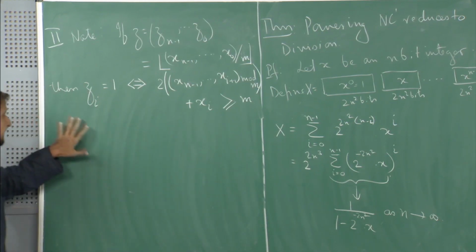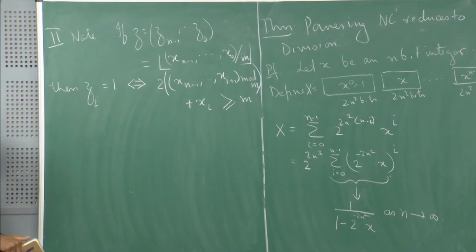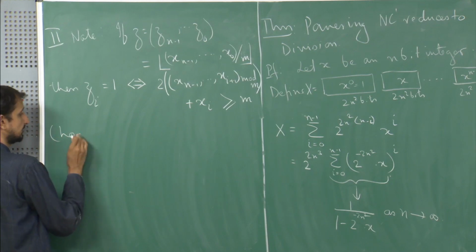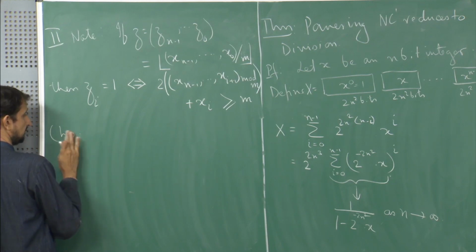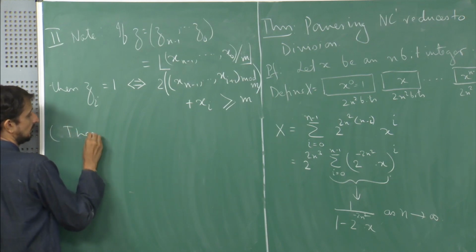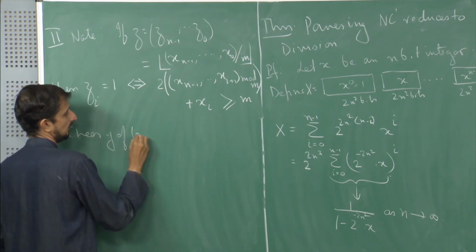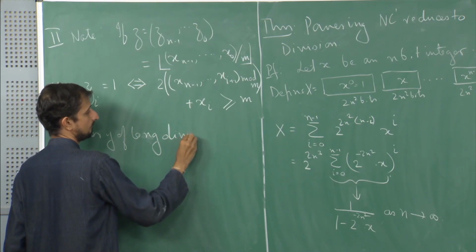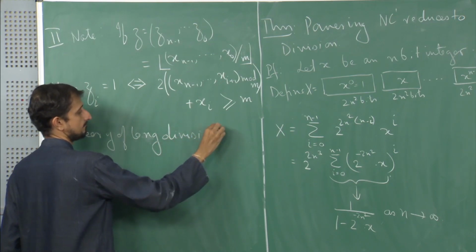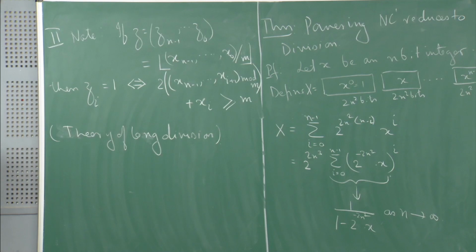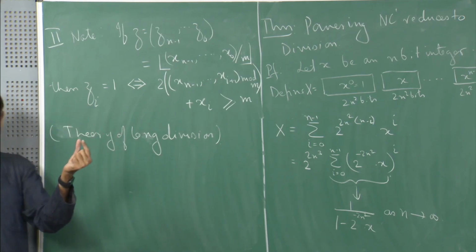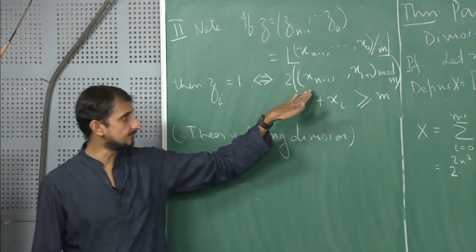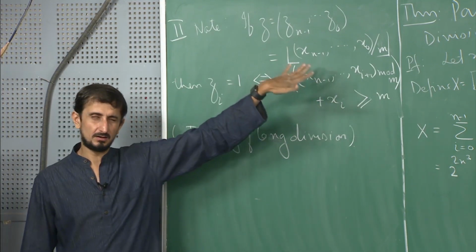So what are we saying over here? This is actually nothing but how long division works. Essentially, how I get each and every symbol of the quotient. So when I am doing long division, let us say I have a number x_{n-1} to x_0,